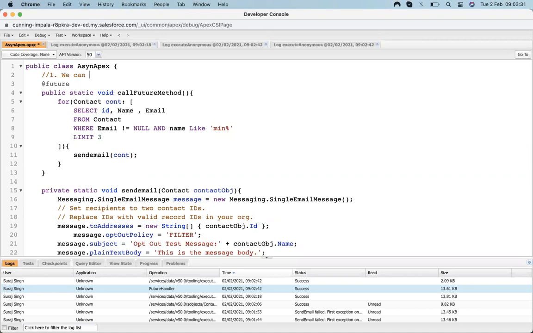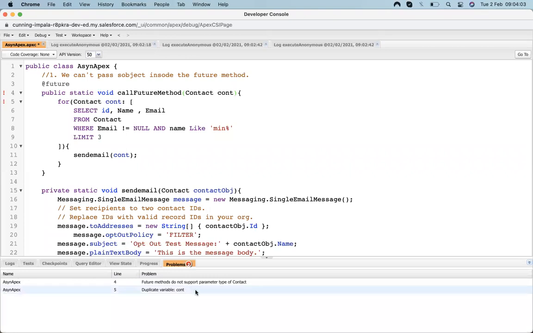One more thing, we can't pass an sObject in the future. Suppose I am trying to pass an sObject, suppose a contact, it does not allow that.